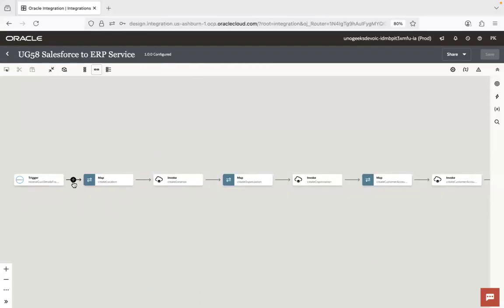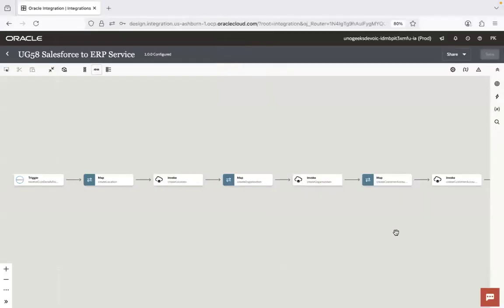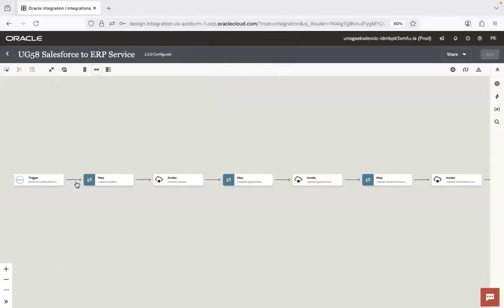Now at this point, the second half of the story begins. I receive customer details, and for every customer created, the integration will be triggered. And after I receive the customer details, I need to go to ERP and create a customer here. Now, at this point, when I go to the Fusion Technical Consultant, I ask them, boss, what should I do? What should I do to create a customer in ERP Cloud? What are the web services I need to call? Well, the point is,